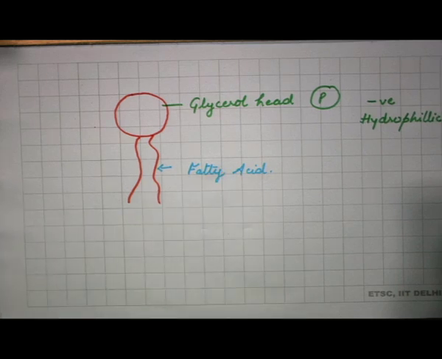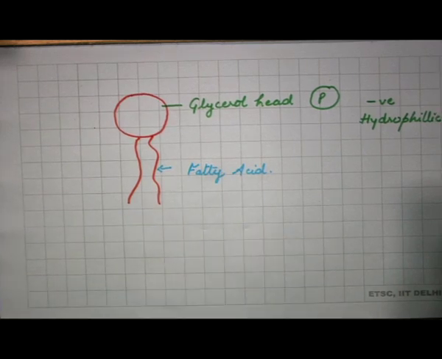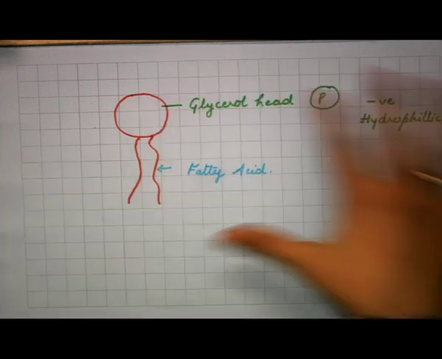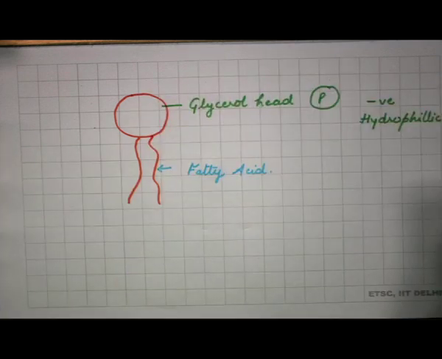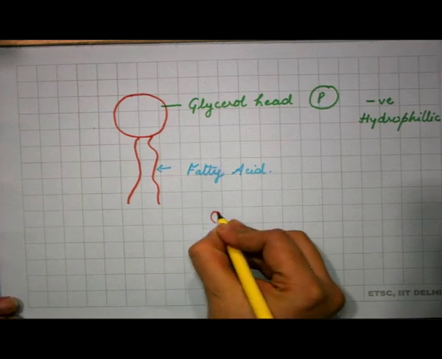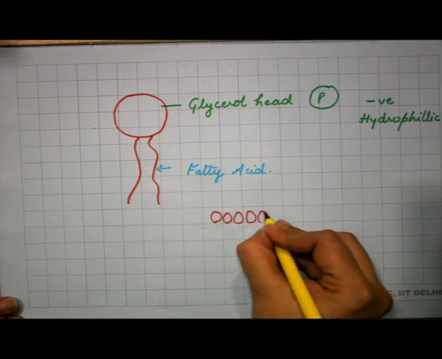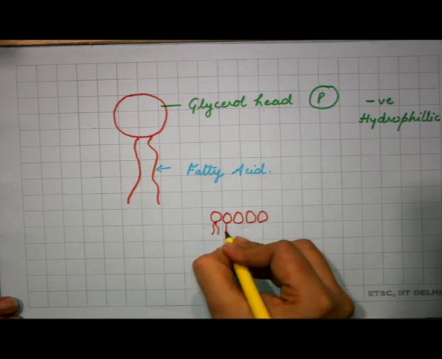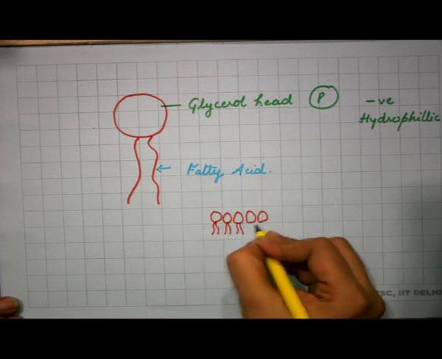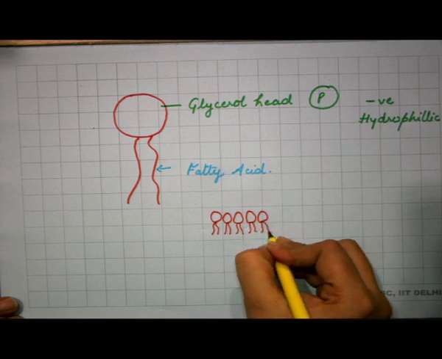So, whenever such a lipid molecule is present in a system, it will arrange itself in such a manner that only the hydrophilic heads are towards the solution and the water-hating, water-afraid hydrophobic tails, they